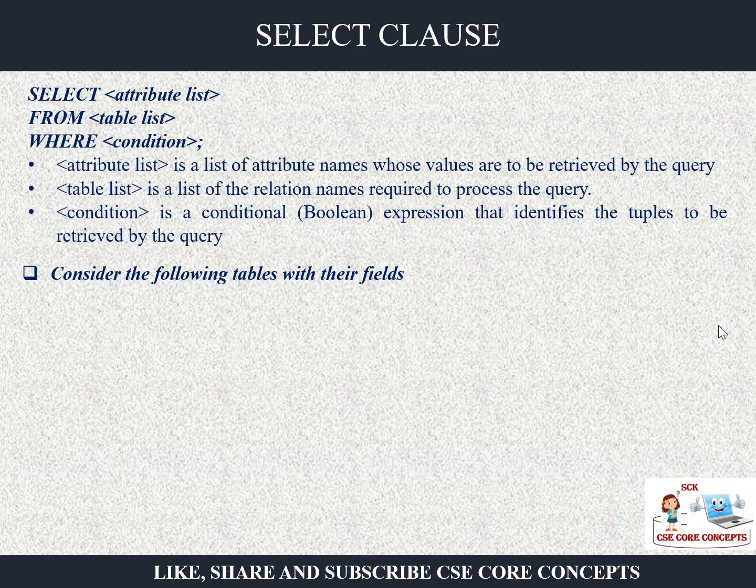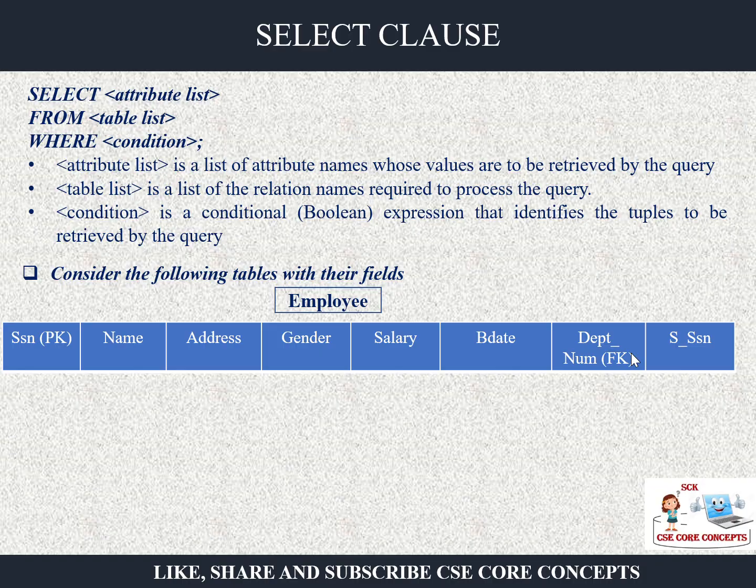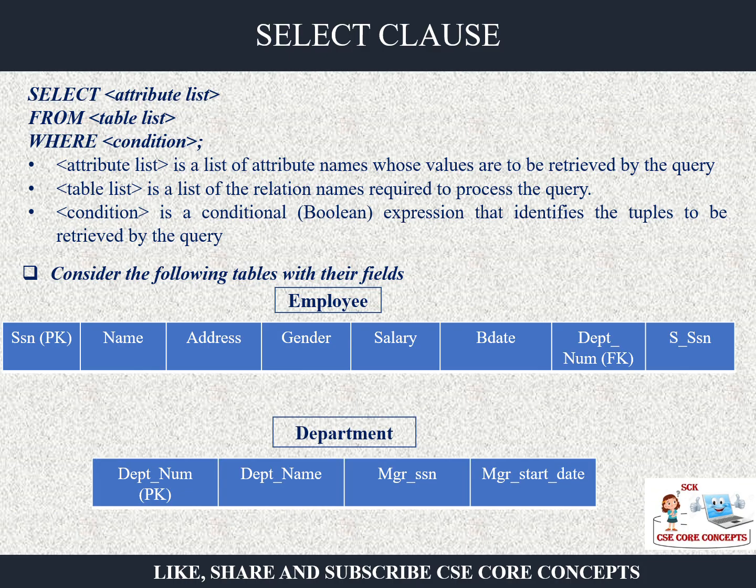Now, for understanding these DQL statements, we are going to use some tables, and let me show you the tables which we are going to use. The first table is the employee table, consisting of the following attributes, where SSN is the primary key and department number is the foreign key. Hence, we first require to create the department table, which I have already discussed in the data definition language. So first you have to create the department table, where department number will be the primary key and it will act as a foreign key in the employee table.